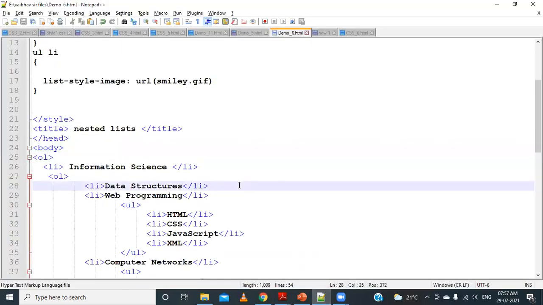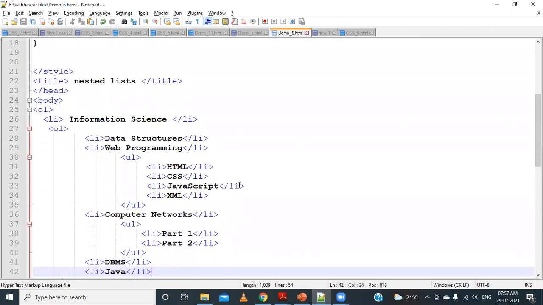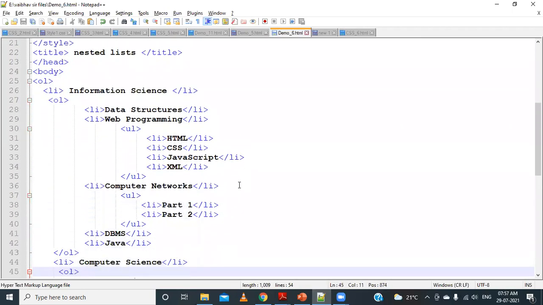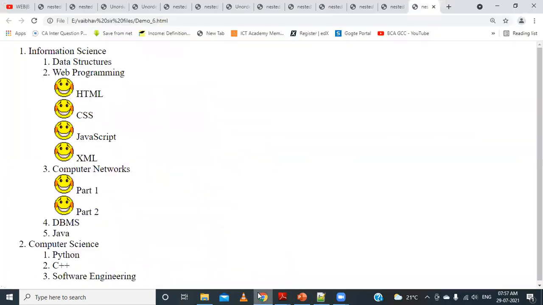For example, if I want to apply it for this ordered list, here we have data structures, web programming, all of which appear in the same way, like 1 2 3 4 5, and this is also 1 2. If I want to differentiate between the levels of the ordered list, we can use it.